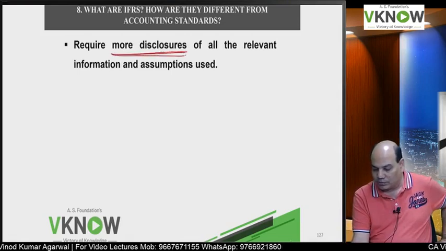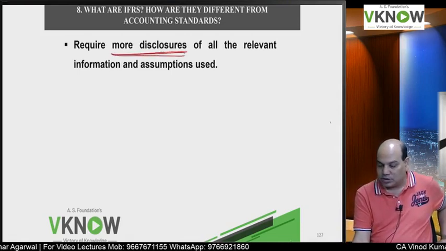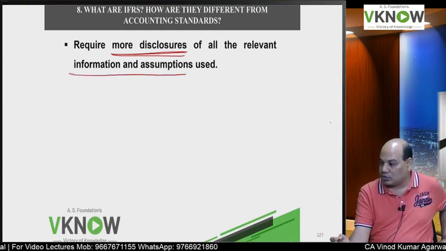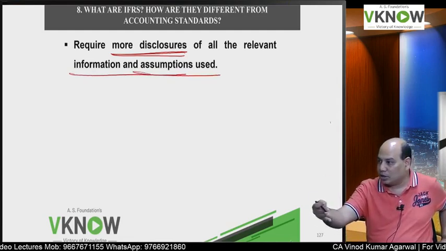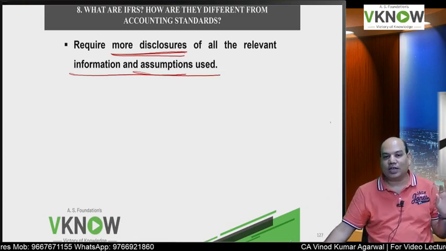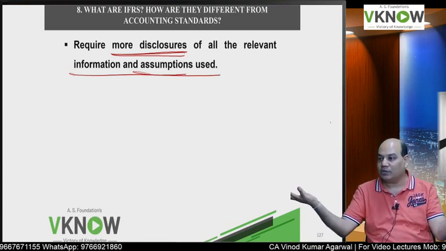because of Ind AS, the disclosure requirement will increase now. Investors require more and more information. Investors also want to know what assumptions have been made by the management, which you have to disclose. As we said at the start, there were a lot of scams and scandals. The reason is that financial investors don't have enough information.